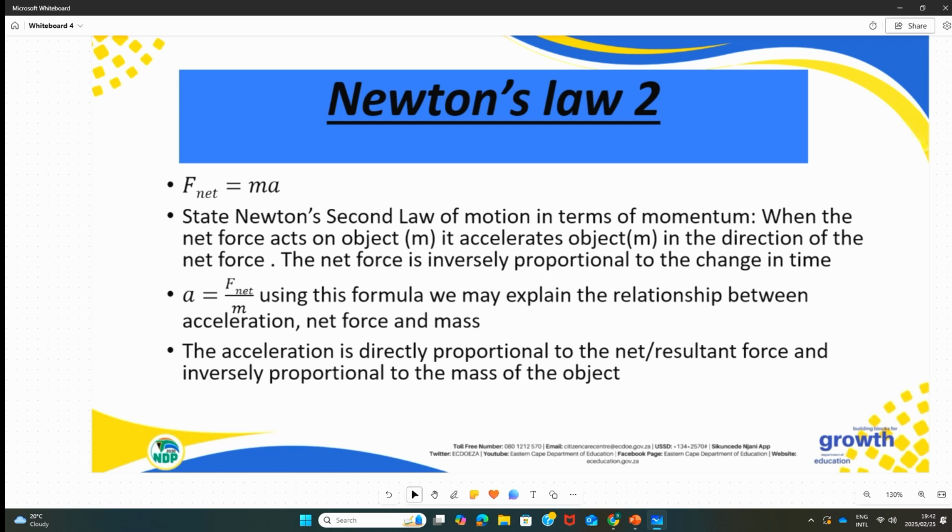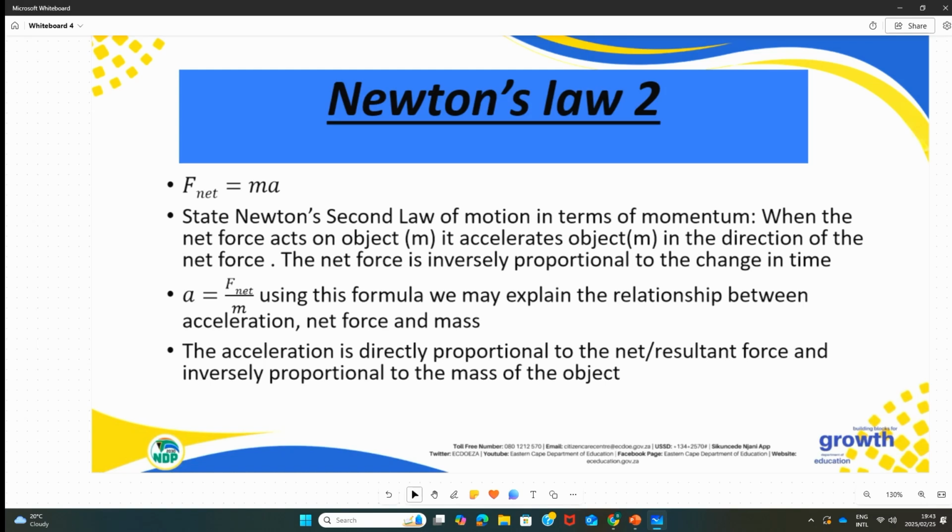This is our Newton's law 2. Newton's law 2 is determined by a formula stating that the net force is equal to ma, where m stands for mass and a denotes acceleration. Newton's law 2 states that when a net force acts on an object of mass m, it causes the object to accelerate in the direction of the net force, such that we can compare the relationship of acceleration against the net force,